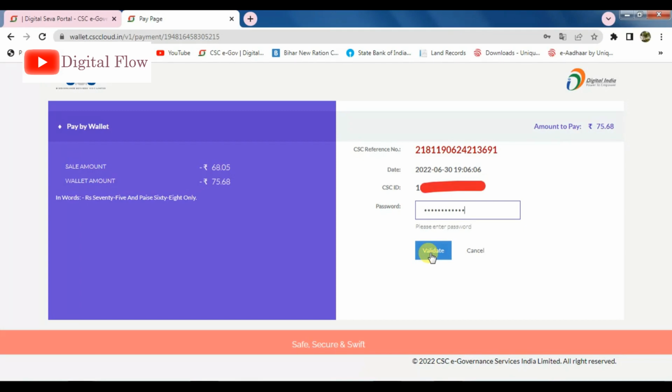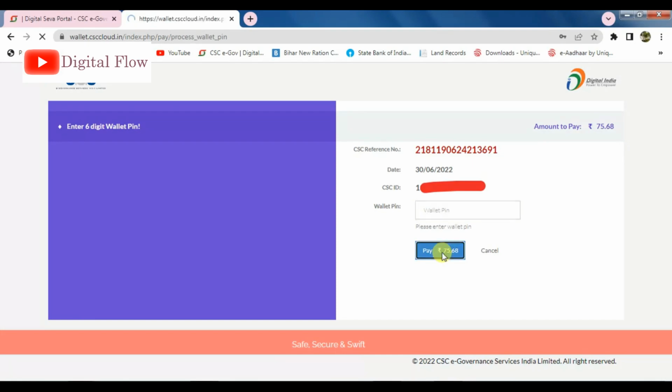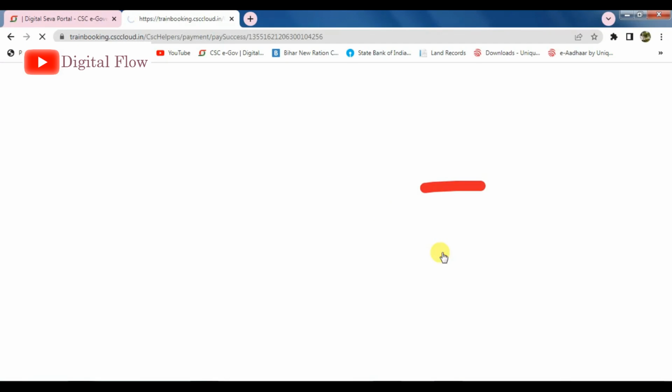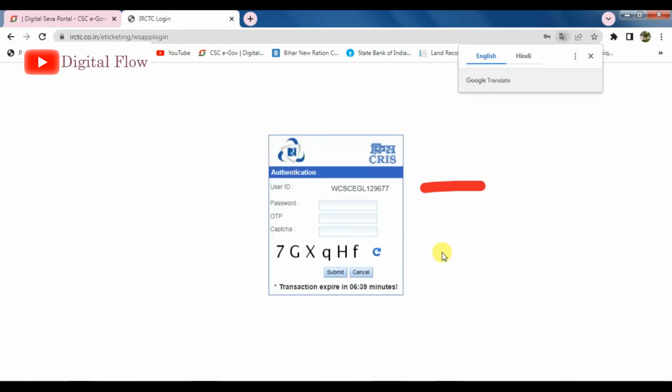After putting the password, we will put our CSC wallet PIN. You all know very well the process of payment from CSC wallets. So we will put it and click on pay for paying the ticket booking amount. So I have clicked on payment. Now our payment will be successful.